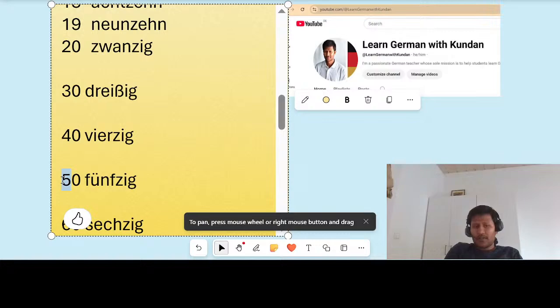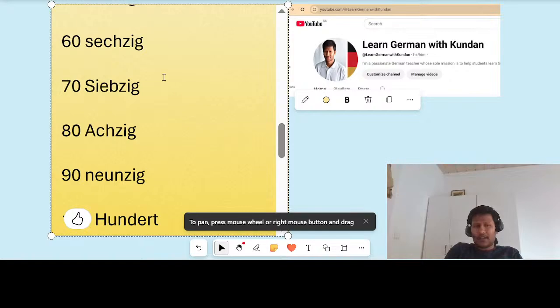In 50, fünf, the tens place is fünfzig. Sechzig in 60, right? You see, these are very easy, right? Here, sechs, so sechzig, and don't put an S here, like we have sechs, right? There we have an S, but we are not writing it, because you will not see both together very often. Yeah? So 70, this is siebzig. Don't write siebsig, okay? This is siebzig. And it is achtzig. Yeah, this mistake I made here, achtzig, right?